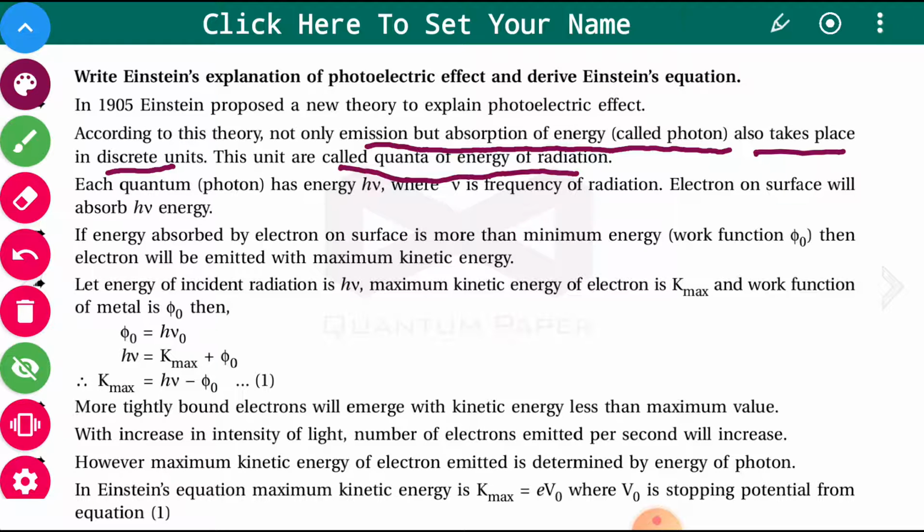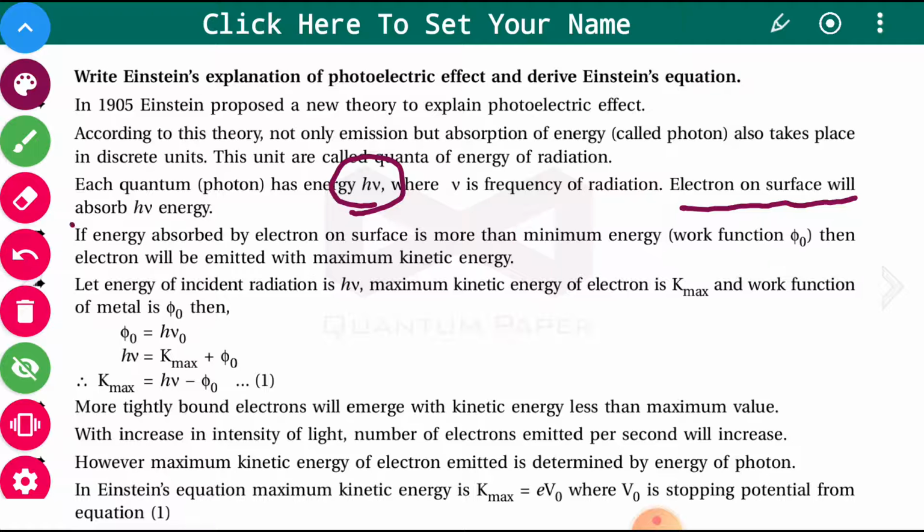Each quantum of energy is known as the photon, and it has energy equal to h nu, where nu is the frequency of radiation and h is the Planck's constant. So the energy on the surface will be equal to h nu, which is absorbed. If the energy absorbed by an electron on the surface is more than the minimum energy, that is called the work function,